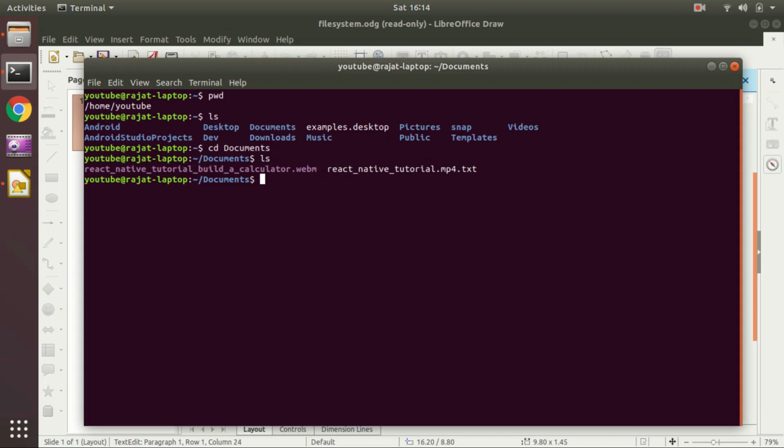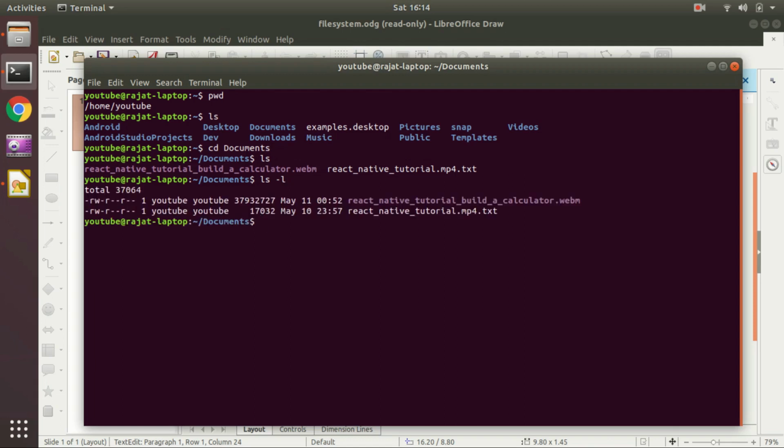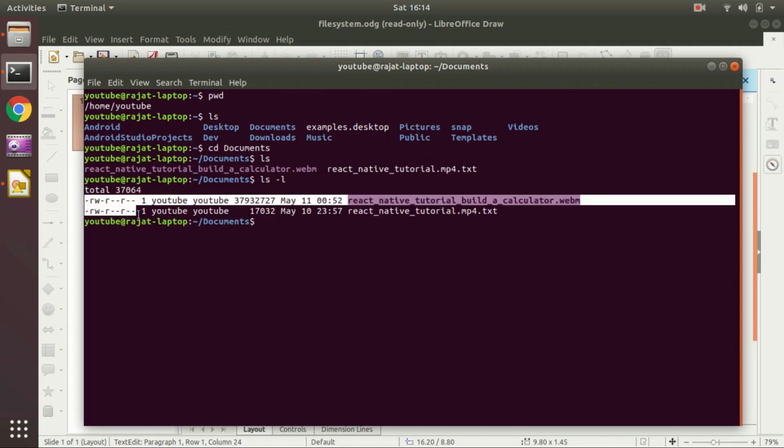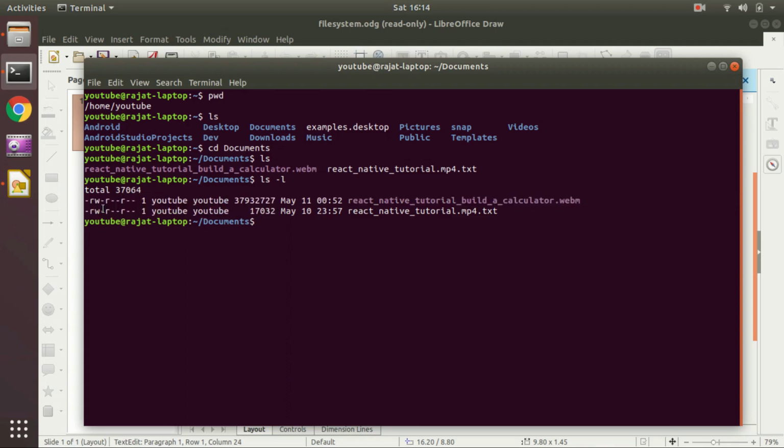Okay, so to list down the users and the creation date, we can use ls -l. So this is an additional option you can use with the list command, and it is going to give you these many details. Now you can notice that we have got this hyphen right at the very start